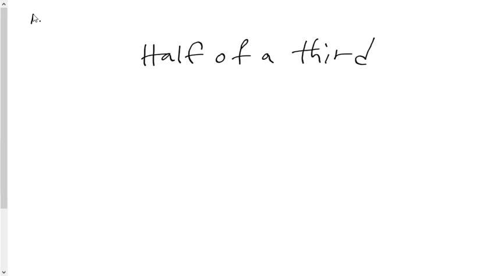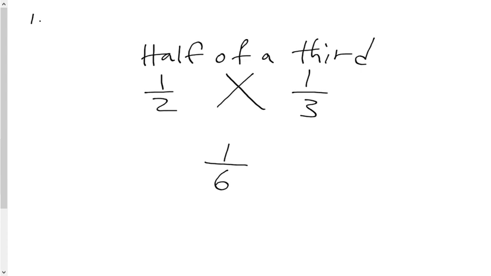The question just says half of a third. And what you're supposed to know is that a half looks like that as a fraction, and a third looks like that as a fraction. And the word of is multiplication. So half of a third, when translated numerically, becomes half multiplied by a third. So your final answer will be 1/6 because, of course, you multiply your numerators and you multiply your denominators